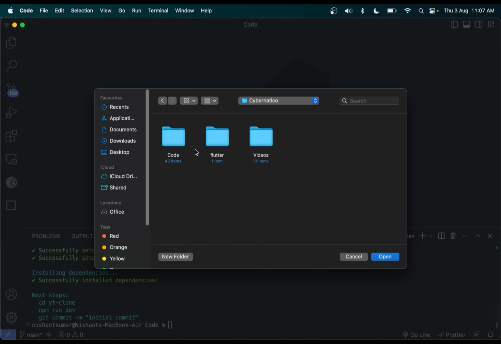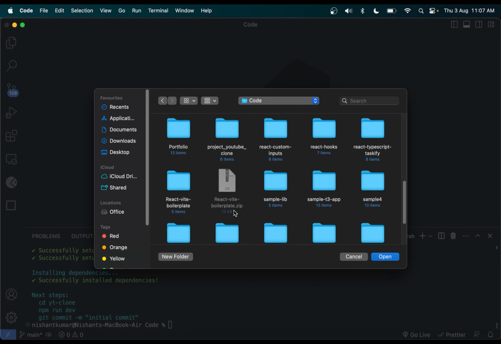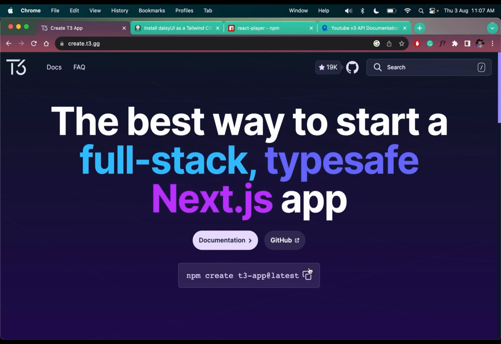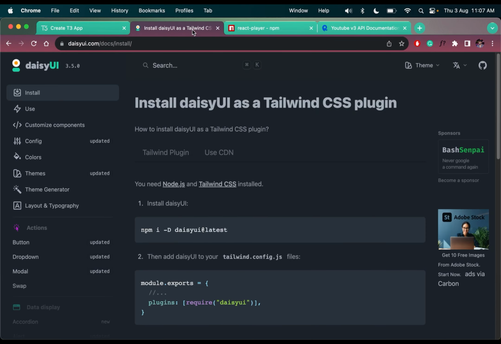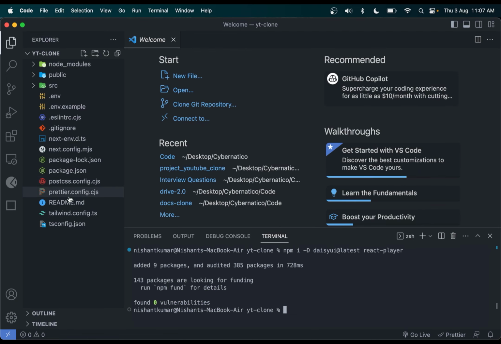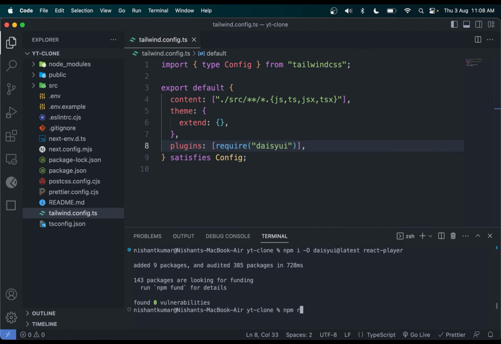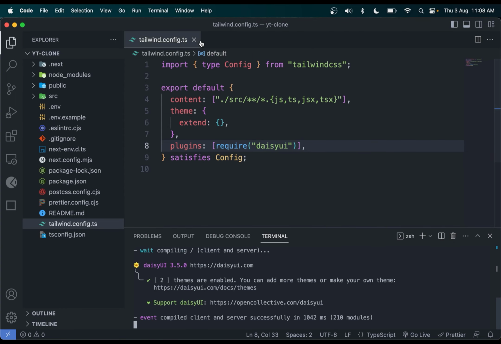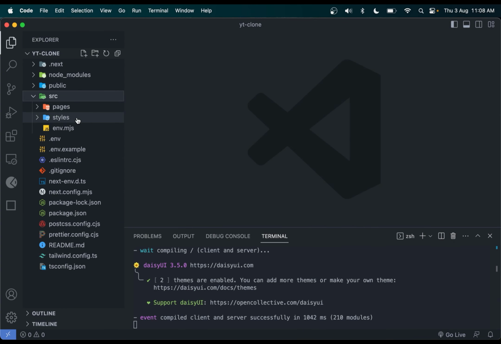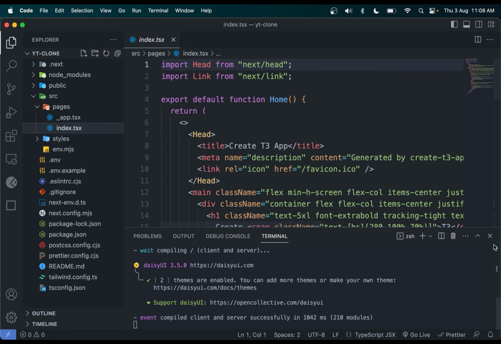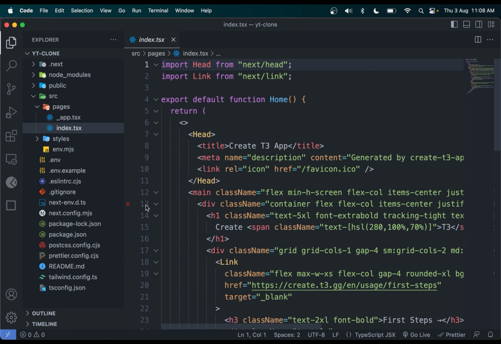Open the code. Install these two, React Player and DaisyUI. Come to the DaisyUI, export the plugin here, save, start the app, npm run dev. Open this in a new tab, close the Tailwind file, come to src, pages, index, then remove the contents